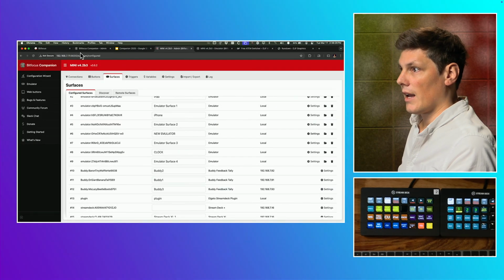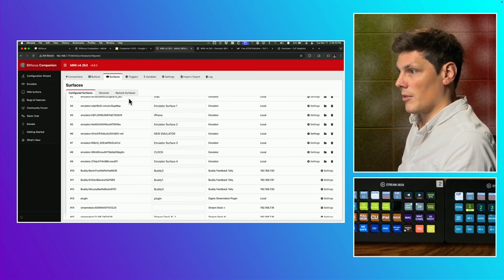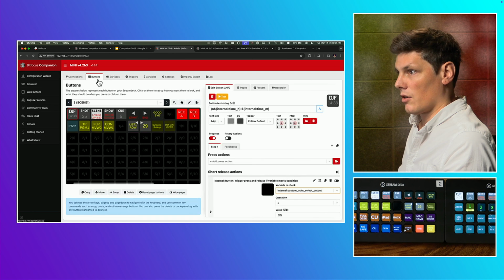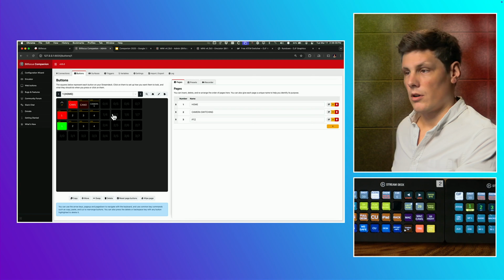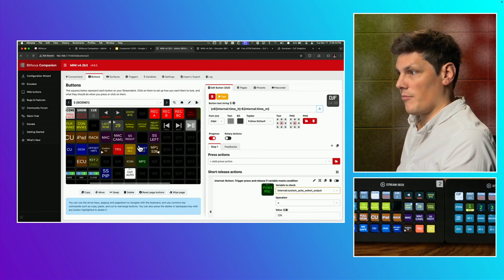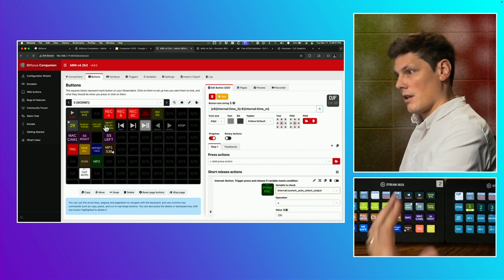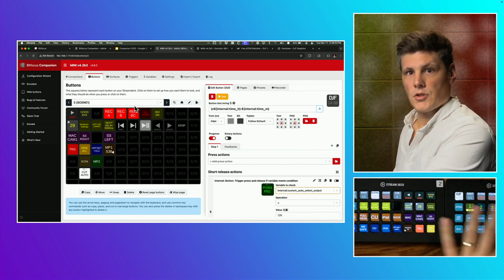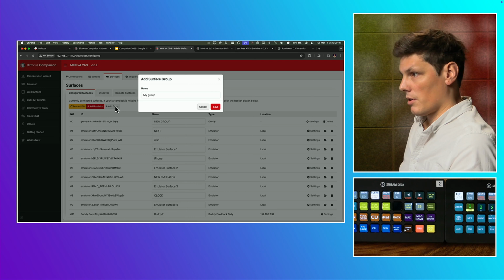So remember we had on, where are we, this one? And I'll get to how to do this in a second, but with the canvas, when you start, you're going to have just 8x4 here, but you can actually add in more buttons, and you can have bigger canvases. So rather than just one 32 button Stream Deck, you could keep your buttons going out and have a secondary Stream Deck here. And basically what you do is under surfaces, just go add group, and I'm going to call this